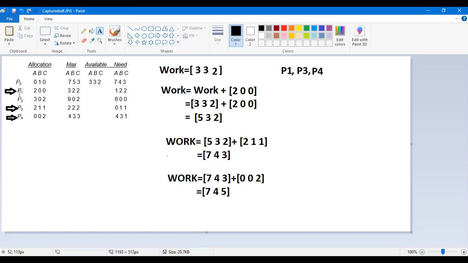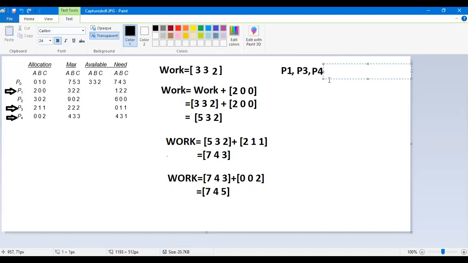Now once again we need to check from the starting until we get all the processes. We need to repeat these steps. Can we allocate to P naught? P naught's requirement is 743. Yes, now we can fulfill. Now P naught can execute.